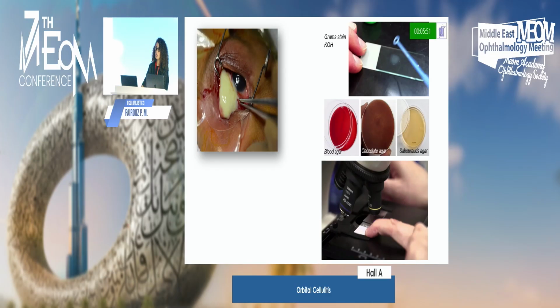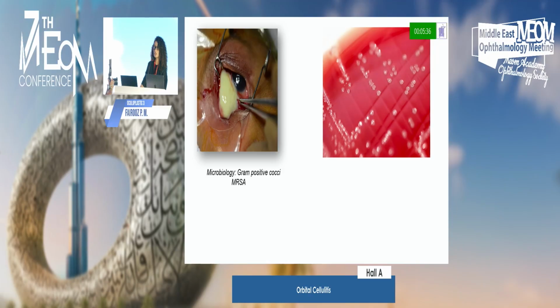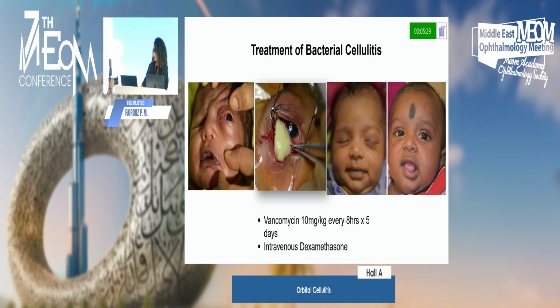First and foremost, to release the compression of the globe and the nerve, especially because it's in the medial orbit. The nerve is very proximal to the medial wall of the orbit. And of course, I wanted to know the microbiological profiling. And this came out to be a methicillin-resistant Staph aureus. And this is what we do. We send for culture, blood agar, chocolate agar, and anaerobic culture in all patients. So, the child was treated henceforth with antibiotic and also a combination of dexamethasone, with a smiling baby that you